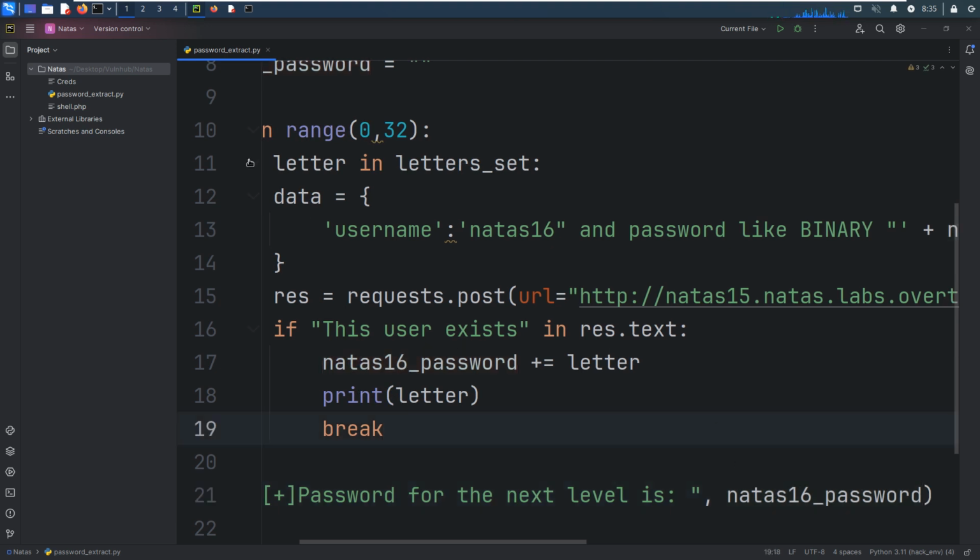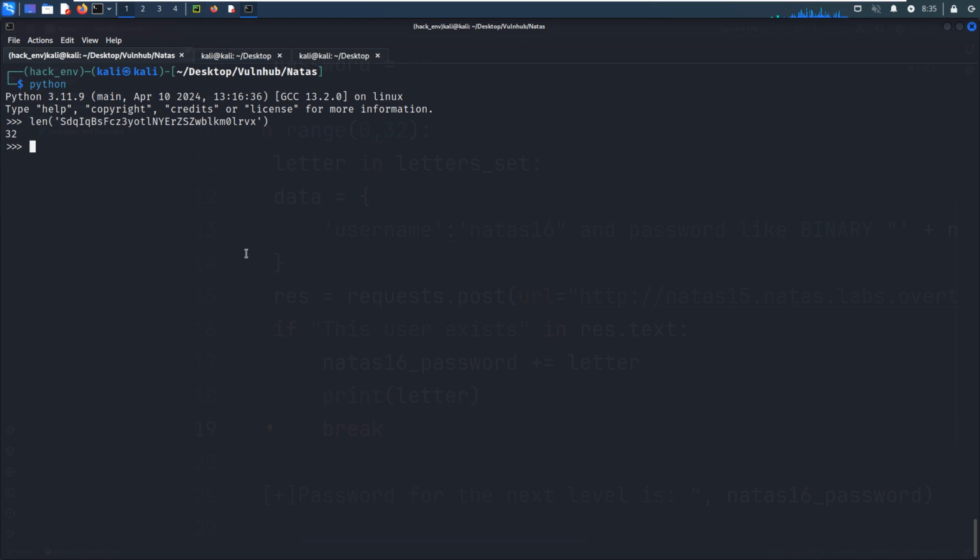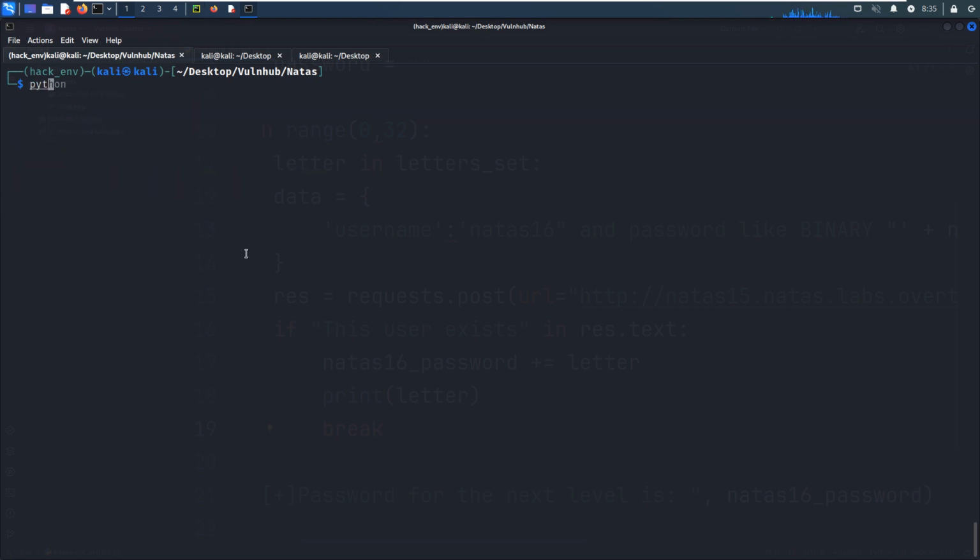Okay, we can press Control S to save the code, and then we can run it with Python and press enter. I think Python is so great. As you can see, Python has already discovered the first letter, and then we'll get the second one, and so on and so forth.